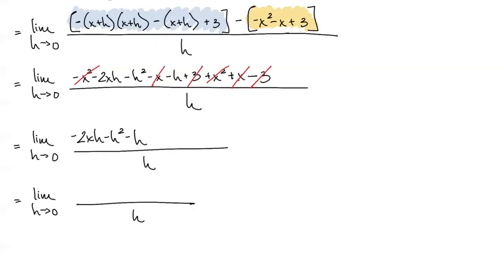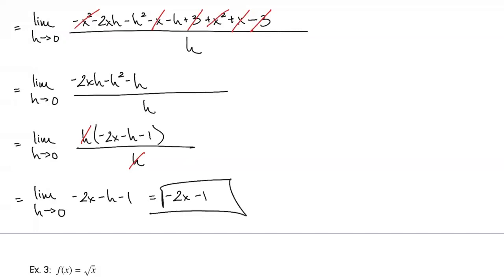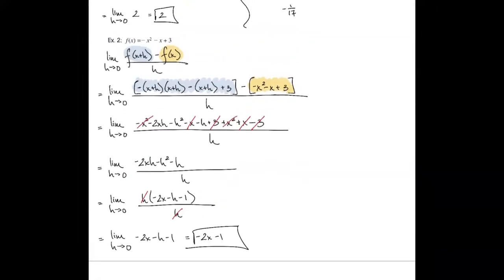We've got every single term has an h, so I can factor that out. I get negative 2x minus h minus 1. Now I can reduce, and I get the limit as h approaches 0 of negative 2x minus h minus 1. And when I substitute in 0 for h, I get negative 2x minus 1. All right. Now, again, in the spring, we'll talk about why this is the equation for the slope, or what we call the derivative. Okay. But what I want us to focus on right now is, can we accurately work through this algebra independently? Okay. All right. So